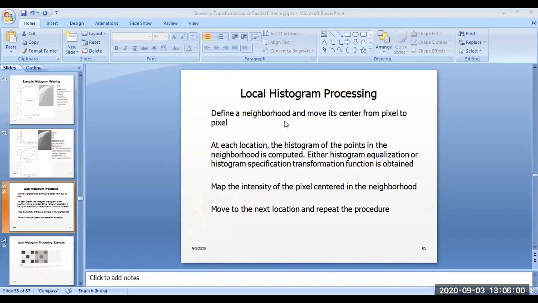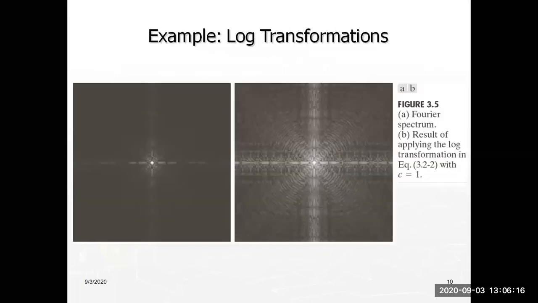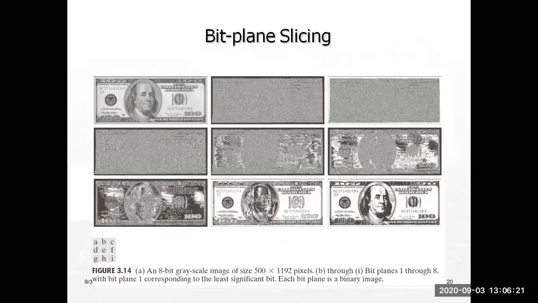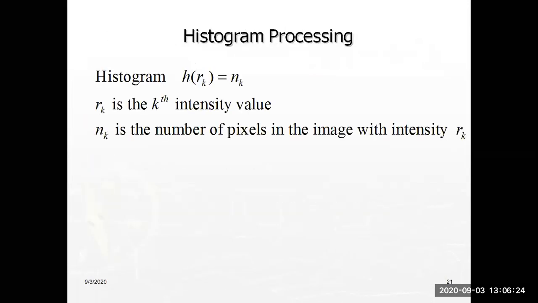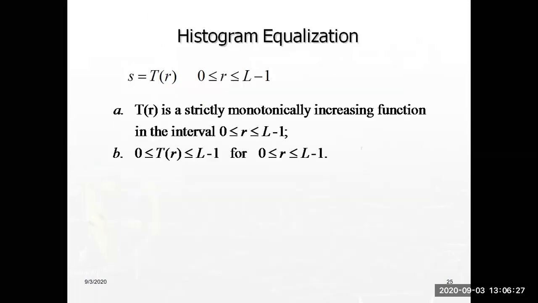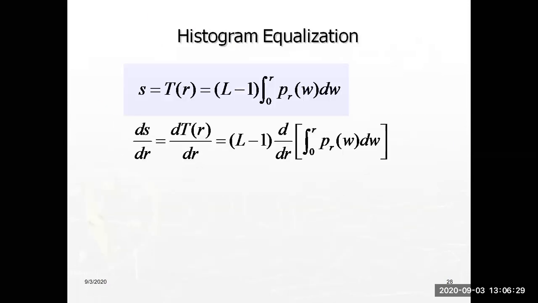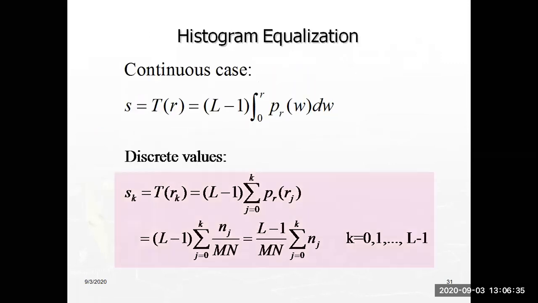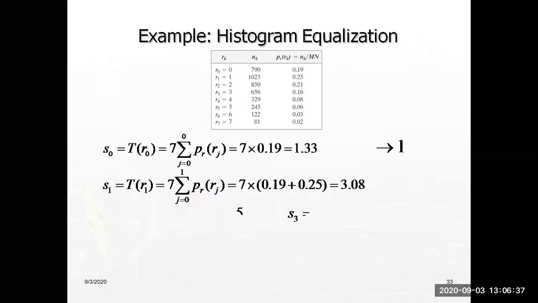Actually, in histogram equalization, what is the process? We are equalizing all the pixel intensity values with the help of the same image itself. Only the image's own histogram is changing. But in the case of histogram matching, we are specifying a different histogram, not the image's own histogram. Have you got the difference between histogram equalization and histogram matching? In histogram equalization, we are using the same image histogram, but equalizing.